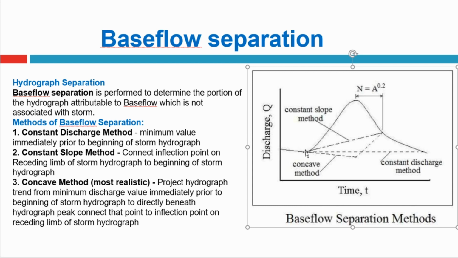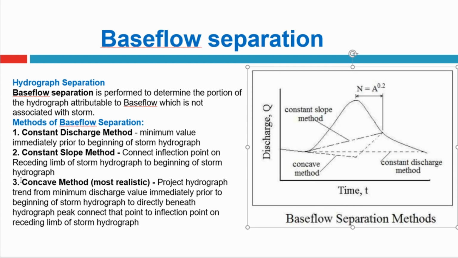So from the beginning of the rising limb to this point where the direct runoff ends, we need to draw a straight line. Earlier I had drawn a horizontal line, now it is an inclined line touching over here. So this entire area below becomes base flow, and whatever the area is above this inclined line will become the direct runoff. So this is another method in which we are trying to separate out the base flow and the direct runoff.